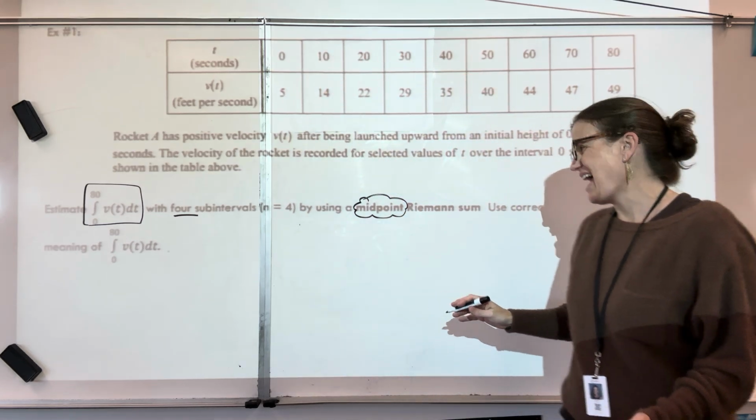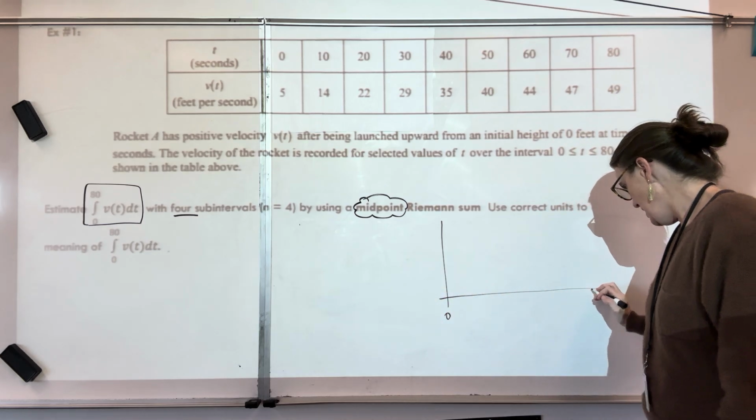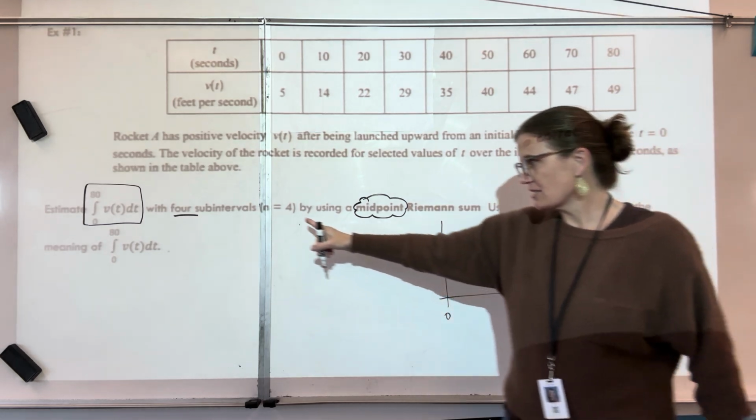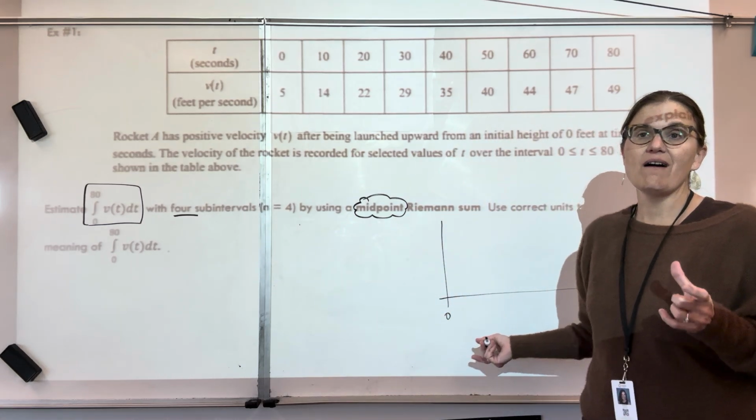Just for a rough sketch, this does not need to be perfect, but imagine going from 0 to 80, right? And they've asked us to split it into 4 subintervals, right? So 4 subintervals. If we want to know the width of our